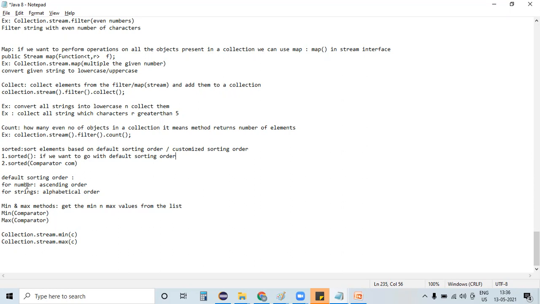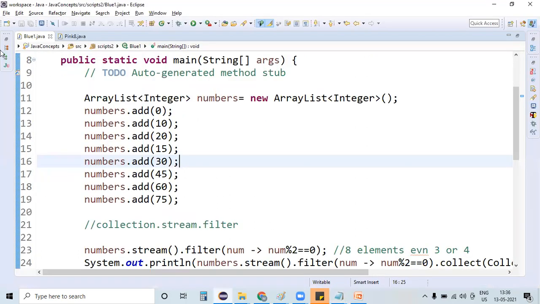Usually, the default sorting order for numbers is ascending, and for strings it is alphabetical. Let me create an example with the sorted method for both numbers and strings.